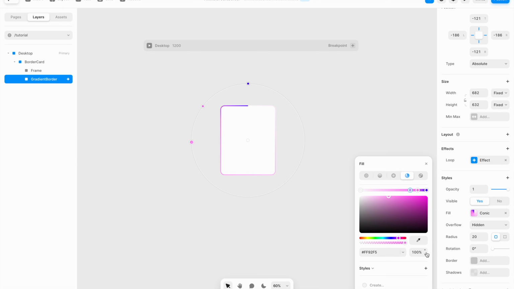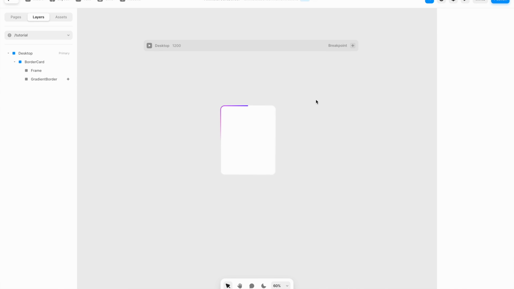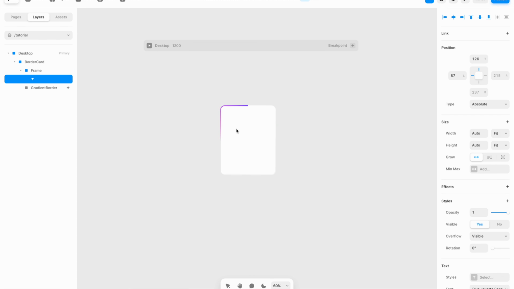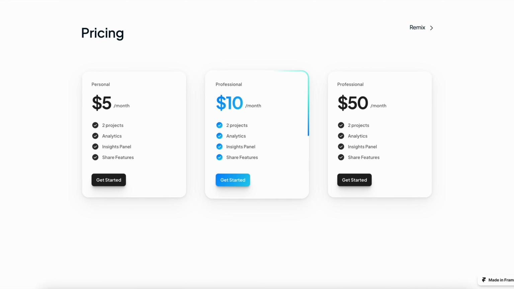And if you want to add some information like pricing or whatever you want to do with it, just go inside the first frame we created for the border card and fill it in there. Here's one example of the pricing cards you can do,